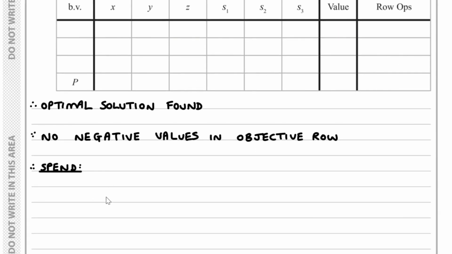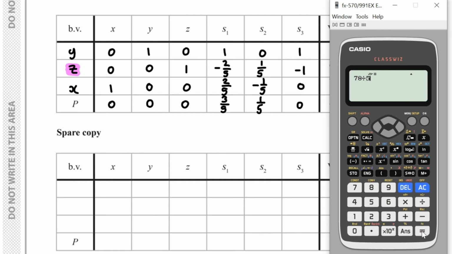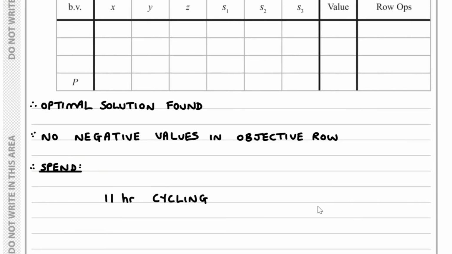So we have 11 hours cycling, and then for swimming, which is what x is, that's 78/5, which is 15.6. So we should spend 15.6 hours swimming,